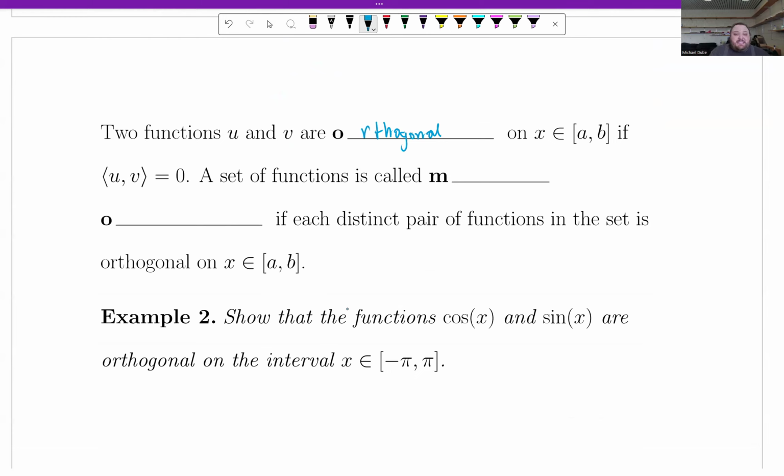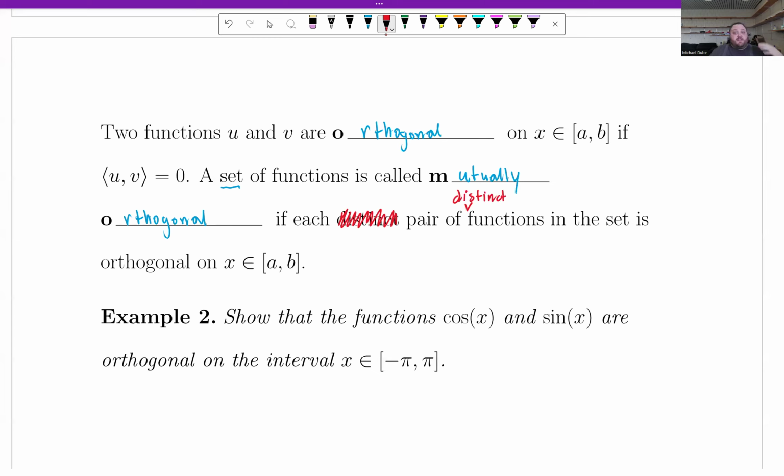And now a set of functions is called mutually orthogonal if each distinct pair of functions in the set is orthogonal on x is an element of AB. And let me just reword this one sentence. Each pair of distinct functions